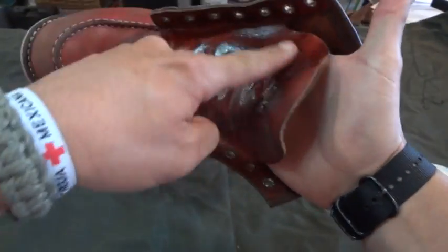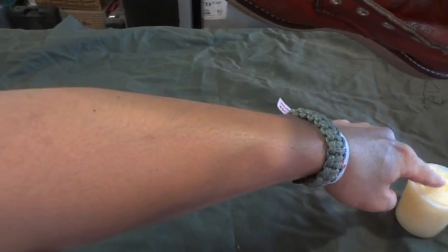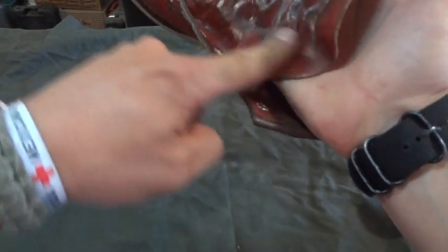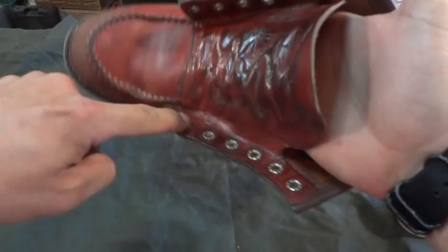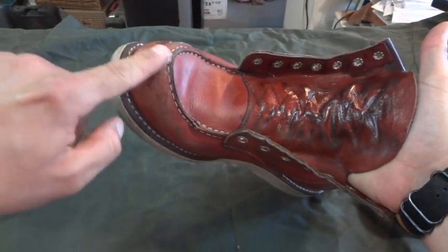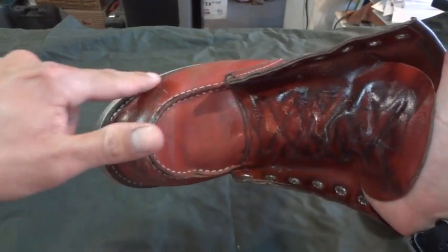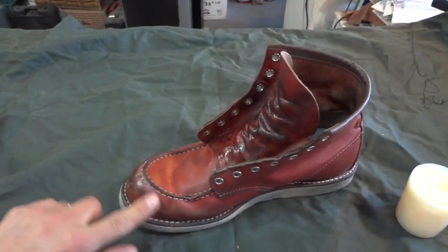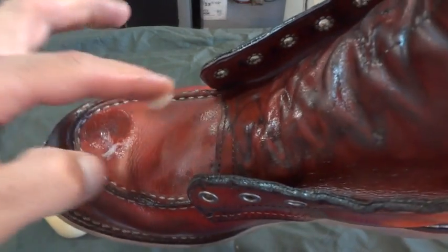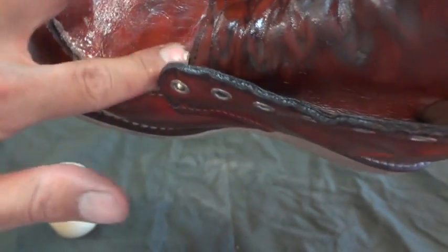So you work it really well over the entire surface. Get a bit more, and you do this throughout the entire boot. And to save you the agony of watching this boring part, I'm gonna cut right here, and I'll be back when I'm finished rubbing the entire boot. So stay with me. Okay, as you can see, I'm almost done here. I've almost got the entire boot,